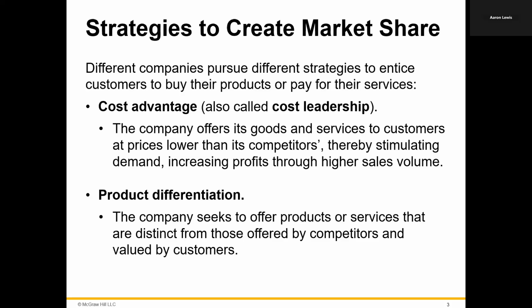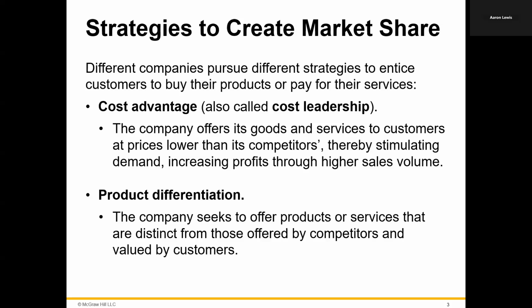So while your profit margin on a per product level might not be as high as you would think it was, the increase in demand from selling at a lower price is going to result in more overall profits for your company. So you can use information to figure out what is the most efficient way that we can make this good or provide the service and have it lower our total cost and therefore let us sell it at a cheaper price.